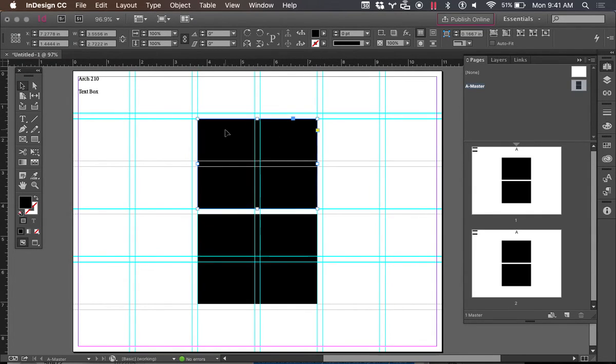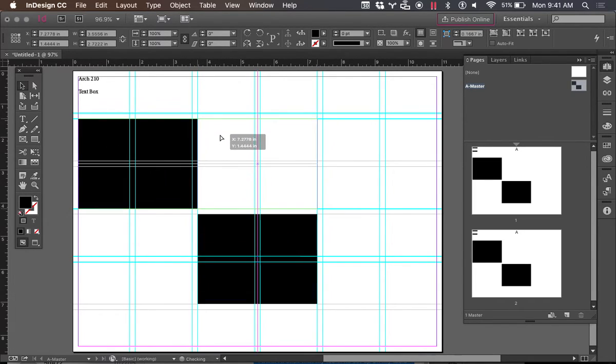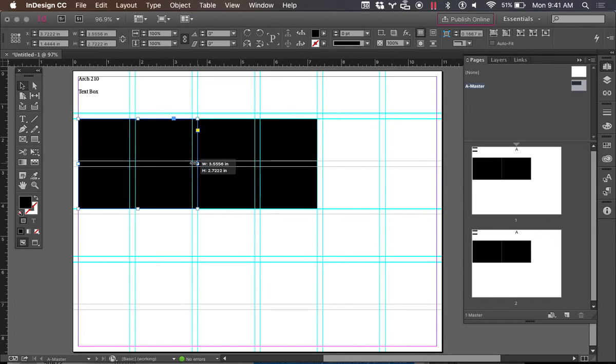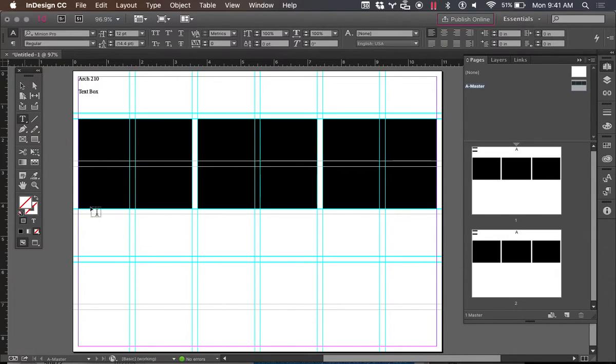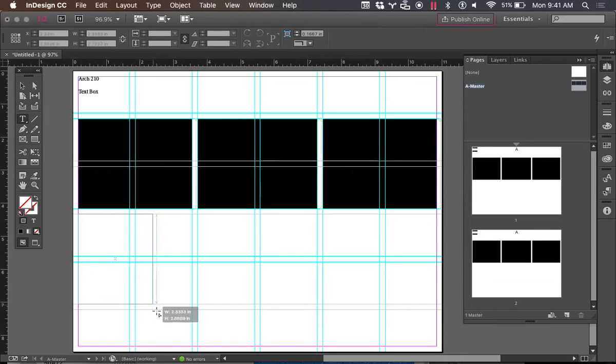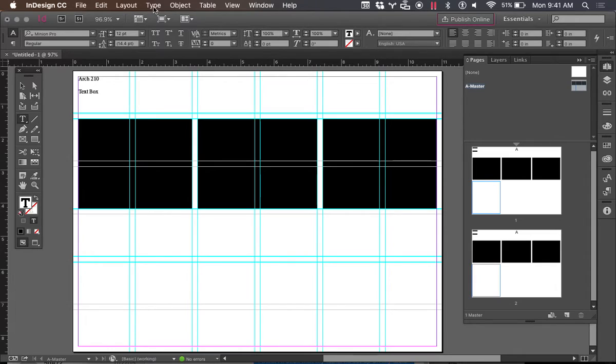But basically, the overview would be that what we're trying to do is create a system that allows us to utilize this 9 square grid. I'm just holding down the Alt key to copy these things. So if we have that basic piece, then if we want to create more text, let's say down here, click and drag. And then we can do this type